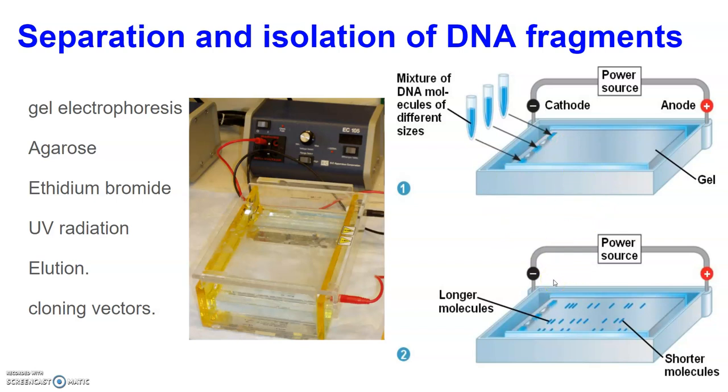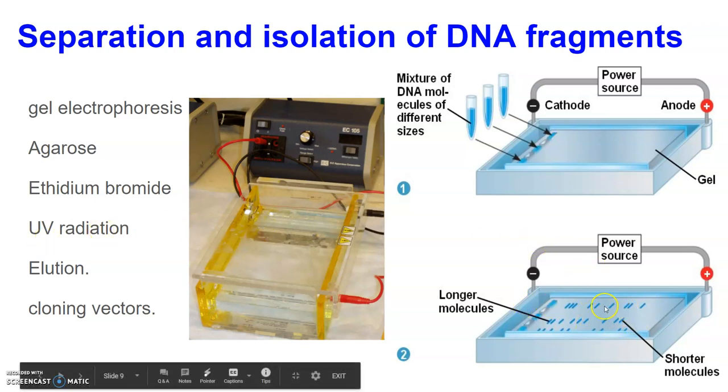Separated DNA fragments can be visualized only after staining the DNA with a compound known as ethidium bromide, then exposing it to ultraviolet radiation. You cannot see pure DNA fragments in visible light without staining, so that is why staining and exposure to ultraviolet radiation are required. We can see bright orange colored bands of DNA in the ethidium bromide stained gel, like here where these bands are seen.